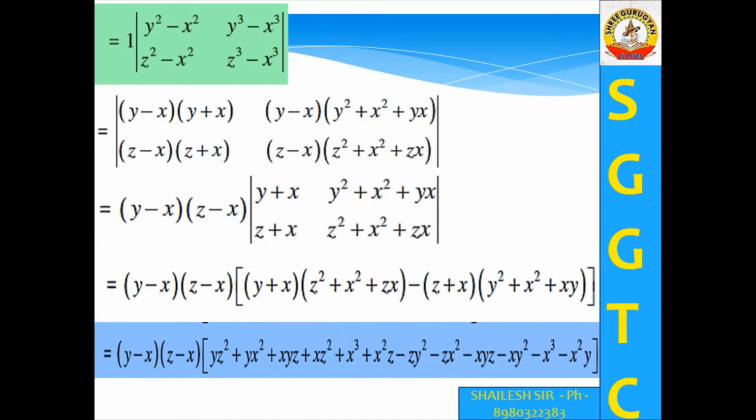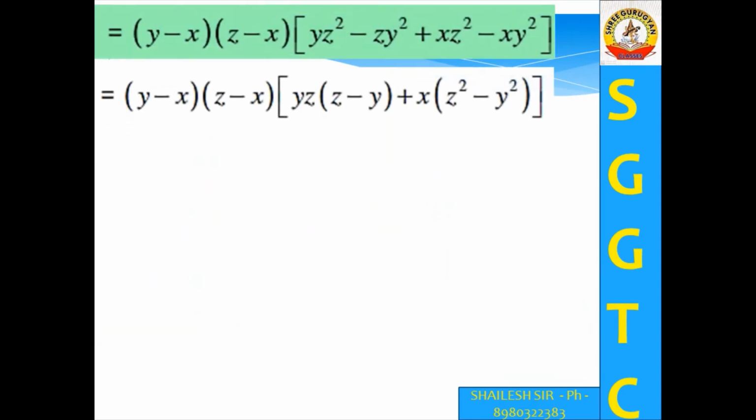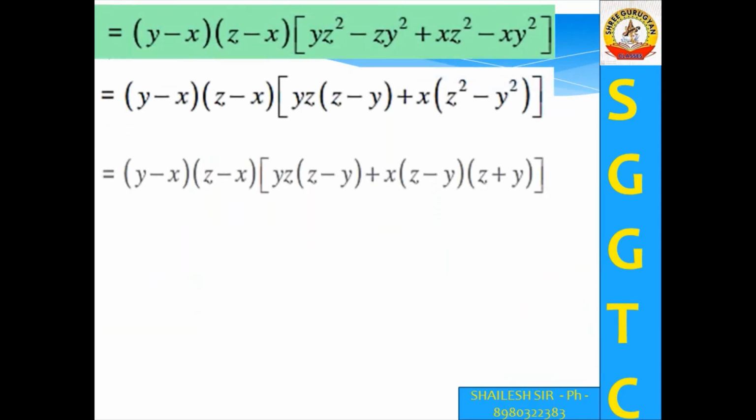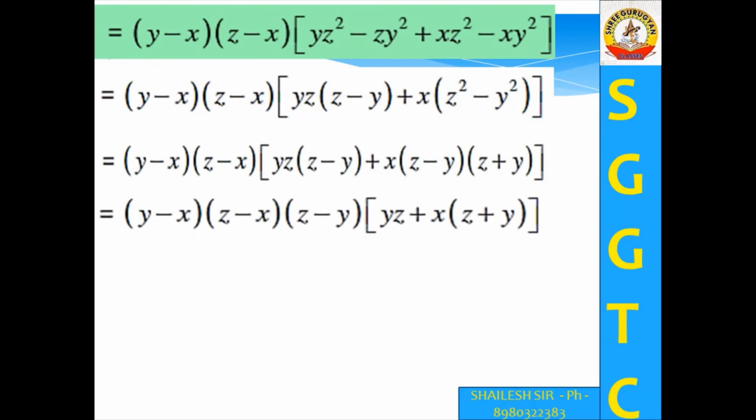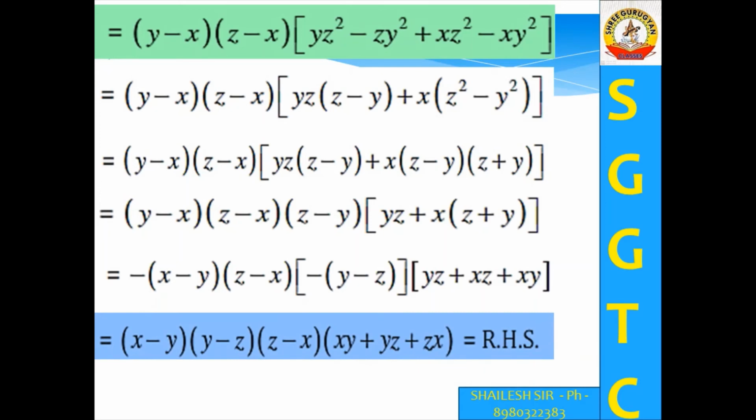Definitely you get some cancelling values. Students, here are many values. Yes. And now take common and arrange by the two factors, z minus y and z plus y. Here are two factors, right? And these are the common ones taken here, and this part also has a common factor. And finally you take z minus y common and carry it outside. So you get that value, and further expansion and